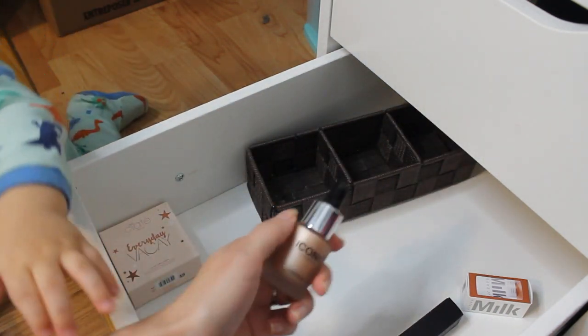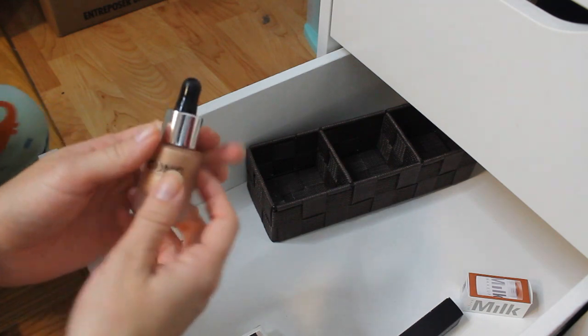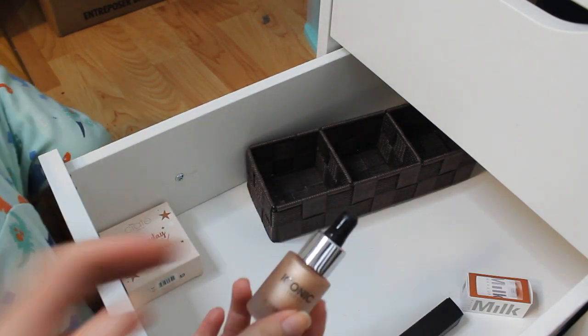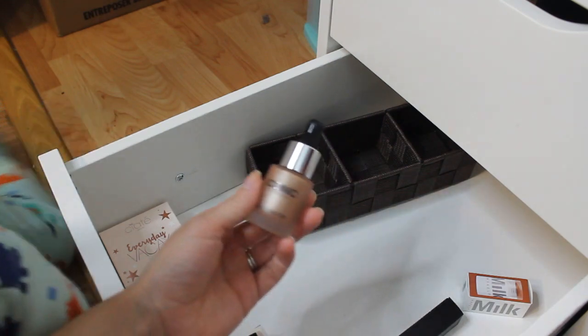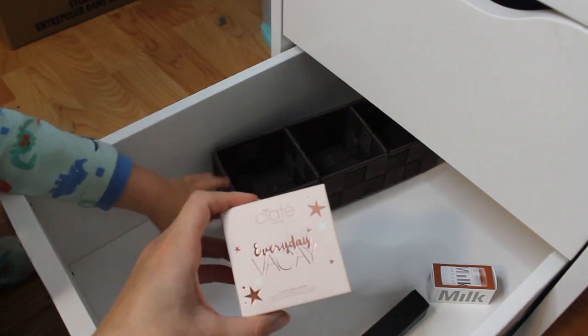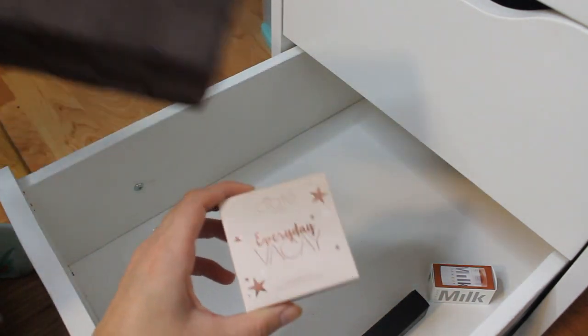I need to clean these drawers before putting my stuff away in the new house. But I do want to give it a try. I know Danny's been putting hers in a body lotion, which sounds like a great idea as well. So either way, it will get used. Ciate London Everyday Vacay Powder. This is a really...